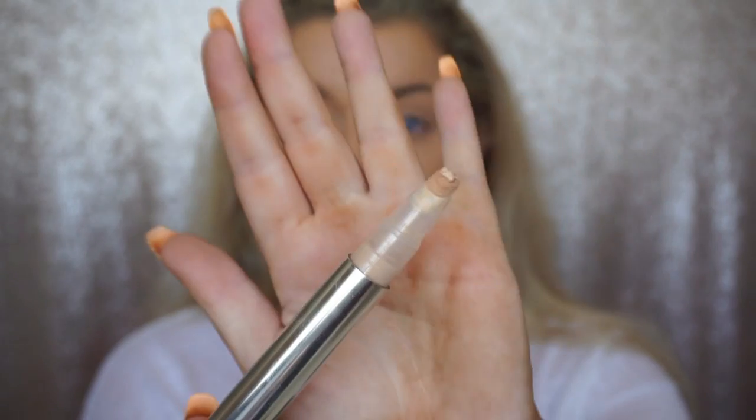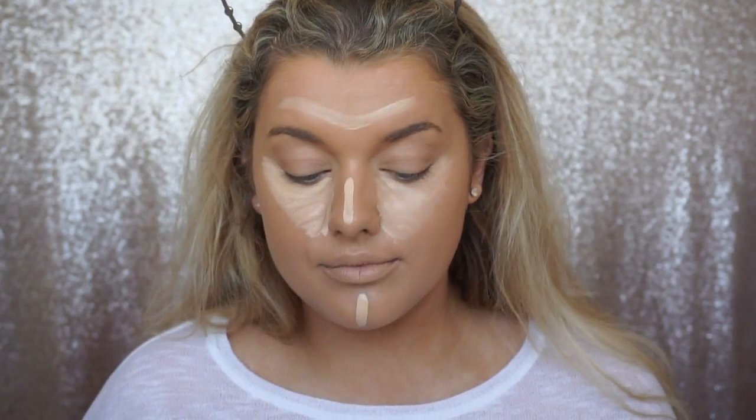For concealer, I am taking this one from Per Cosmetics. It's the Invisible Ink Concealer in the shade Light. This glides on the skin like a dream, I'm not even kidding, and it has such amazing coverage as well. So you can see I'm going for a full coverage look. I'm just placing that in all the places that I want to highlight